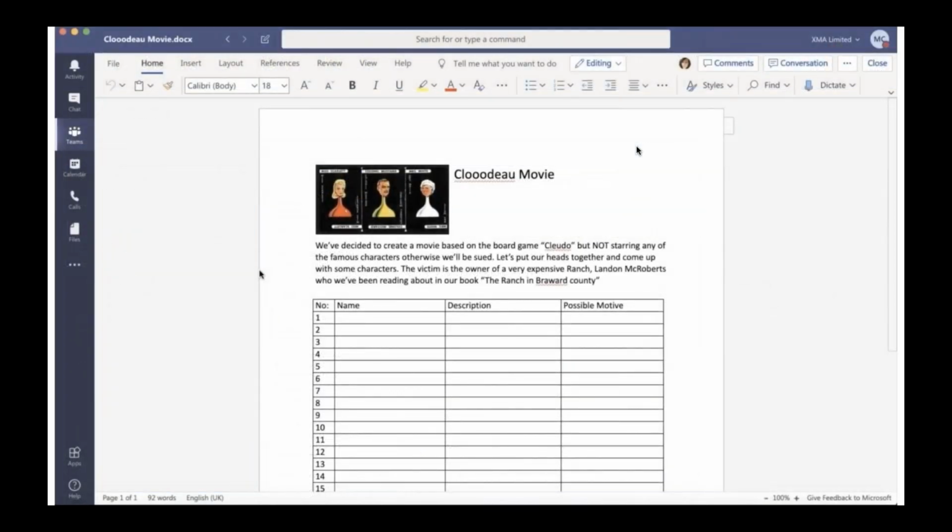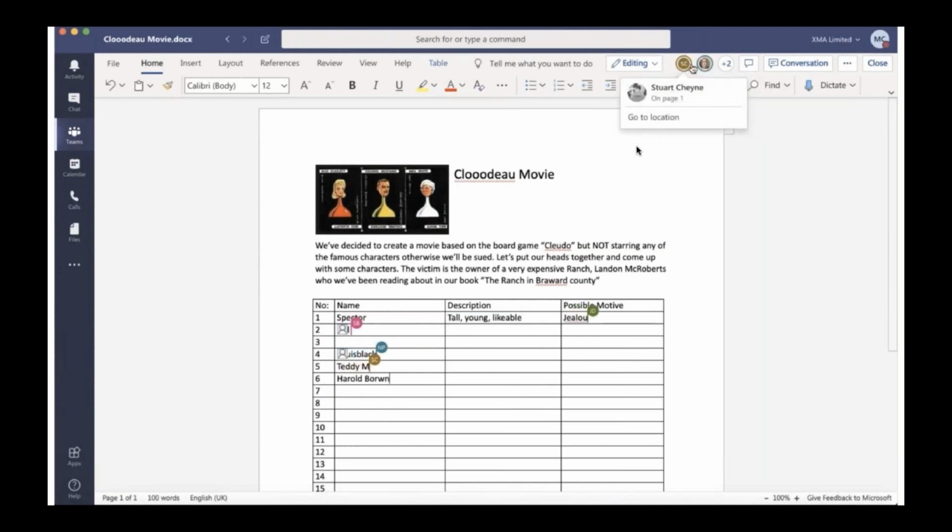Here, we have uploaded a Microsoft Word document into Teams, and we have invited students to access and carry out a task. In this case, we've asked the students to create their own board game and to create their own characters. And here you can see that each student has accessed the file simultaneously. You'll notice that each student is able to populate the file. They're able to view the changes that others are making in real time. And as a teacher, we can view this learning taking place.